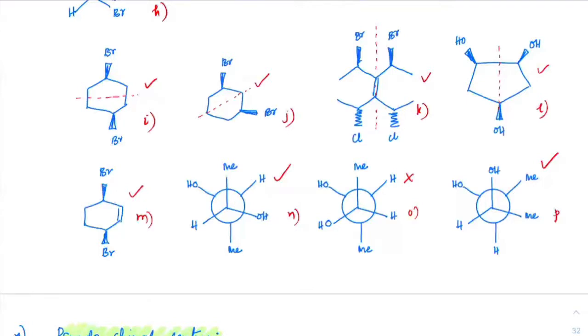Tell me. So in the last but one case, if we rotate that OH anticlockwise by 60 degrees, then they will both coincide, no sir? But this H is matching methyl, and methyl is matching H, so it will not have a plane of symmetry, no? So if we consider a plane passing through the 2 OH, then those 2 methyl groups will not be mirror images of each other.